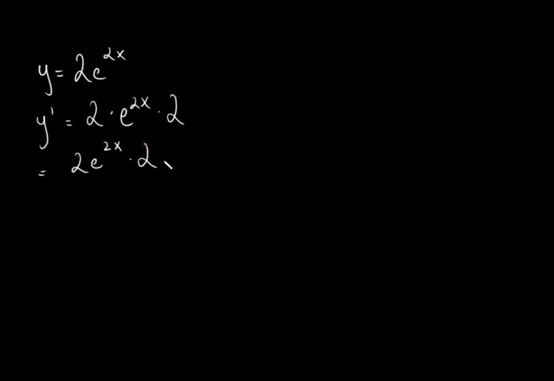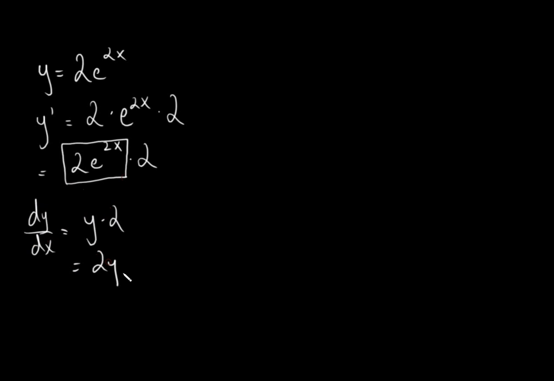So let's start with this. Let's say I have a simple equation that says y is equal to 2e to the 2x. If I was to take the derivative of this, I would get y prime is equal to 2 times e to the 2x times 2 again, right? So I would get 2e to the 2x times 2. Now, if you notice this part right here, this is equal to y, right? So equivalently, I can write y prime, or I'll just write dy by dx is equal to y times 2,